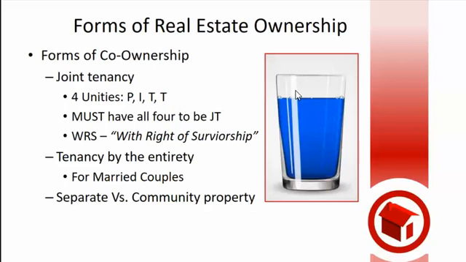Joint tenants have 4 unities. Here on tenants in common, we only had one thing that was in common. We all had possession of the property. In the joint tenants, we have four things in common. One of them is possession. As joint tenants, we are all allowed to be in the property. It's a possession.